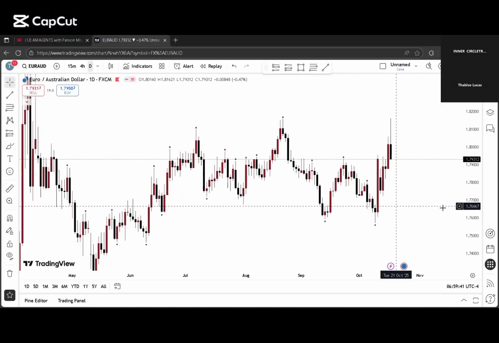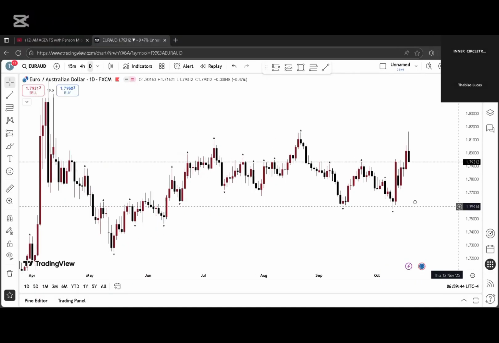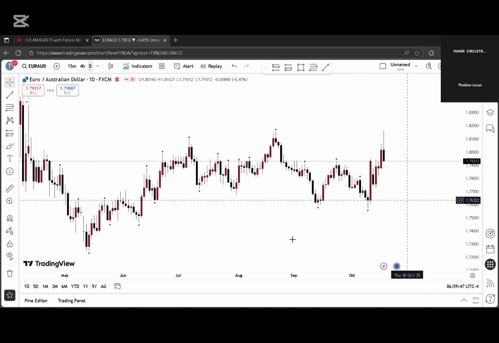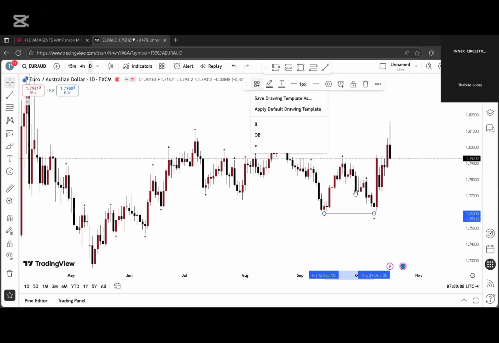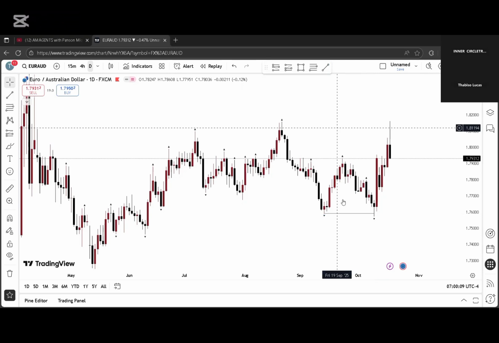As we can see, we are looking at Euro AUD. I trade currency pairs. So I look at the current market structure, which is this structure right here, right? What I can see here is that there has been a liquidity sweep here, right? Liquidity sweep down here. The reason that I see this as a liquidity sweep is because